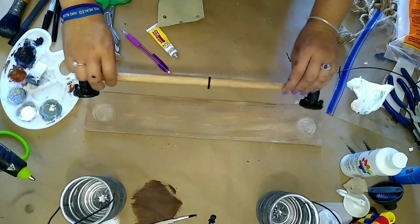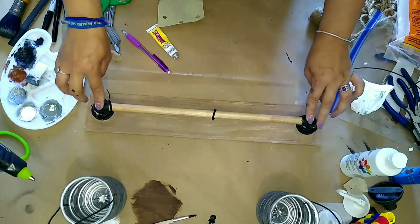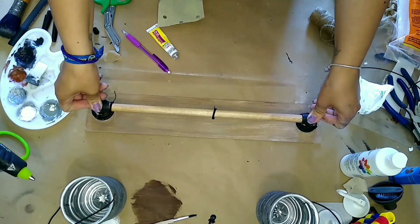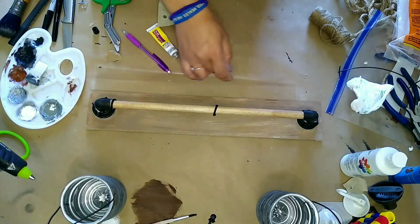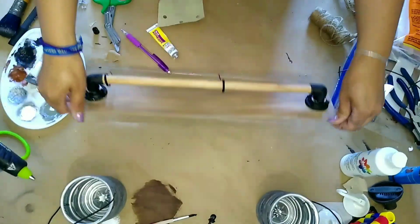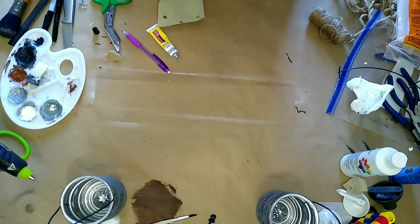So I used some of this Dollar Tree fix all glue and some hot glue, glued it on there, and like I said, it's been holding up rather well. And I did change out the greenery recently, just because my husband was like, why don't we put some flowers in there? So the next thing that you do, and I forgot to mention this at the beginning, is